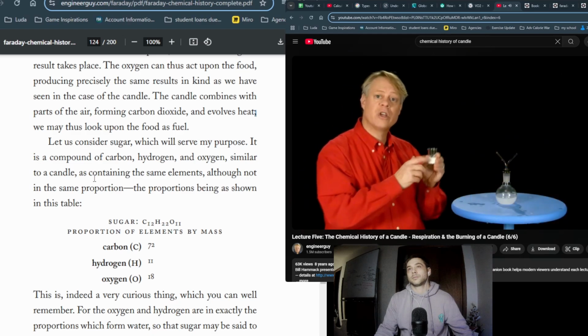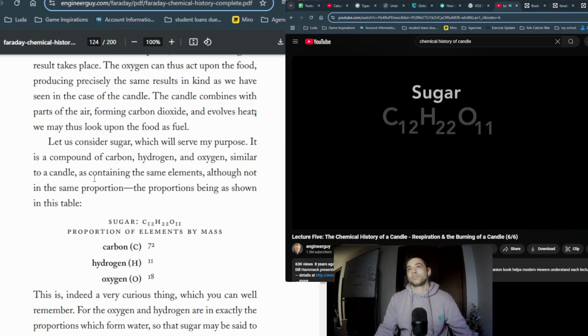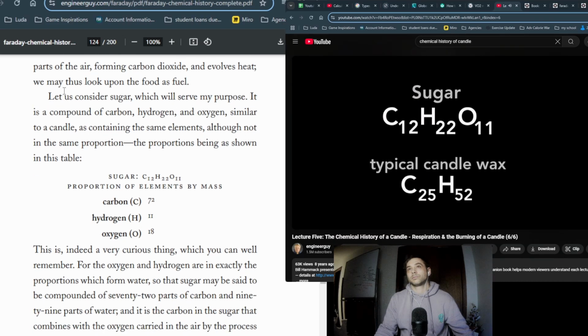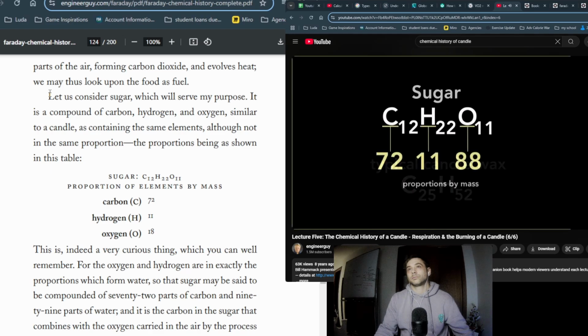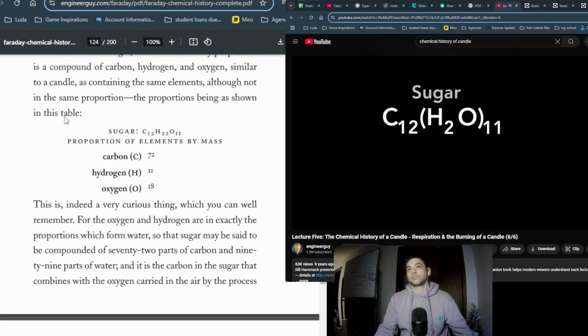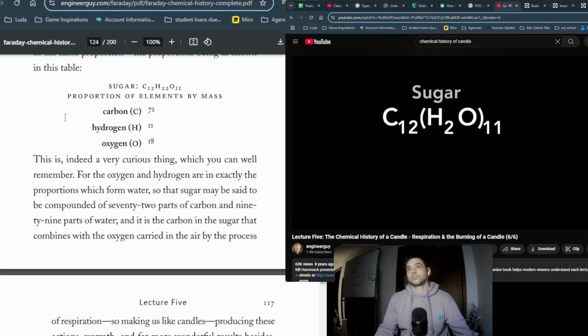Let us consider sugar, which will serve my purpose. It is a compound of carbon, hydrogen, and oxygen, similar to a candle, as containing the same elements, although not in the same proportion, the proportions being as shown in this table. This is indeed a very curious thing which you can well remember, for the oxygen and hydrogen are in exactly the proportions which form water, so that sugar may be said to be compounded of 72 parts of carbon and